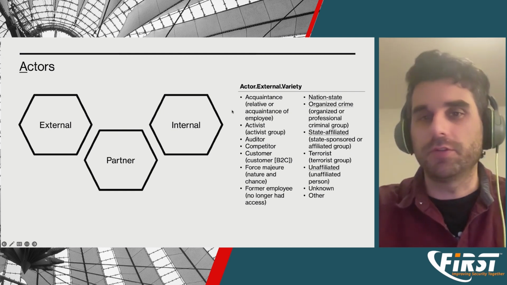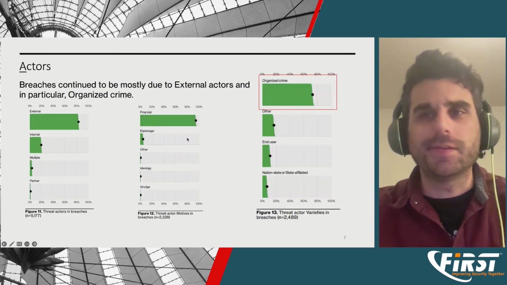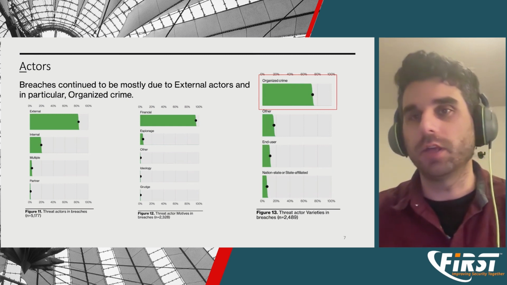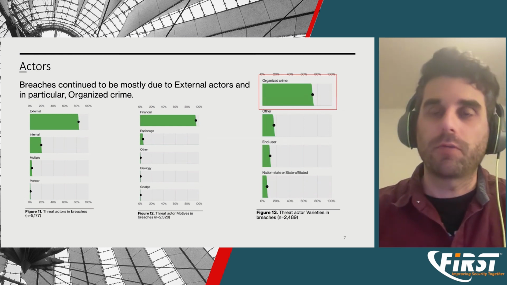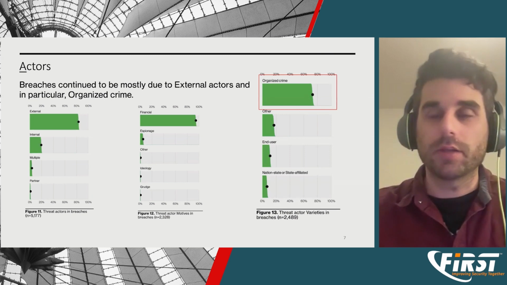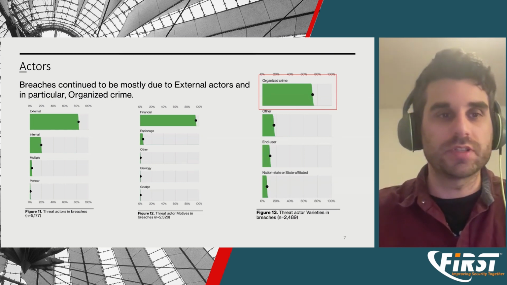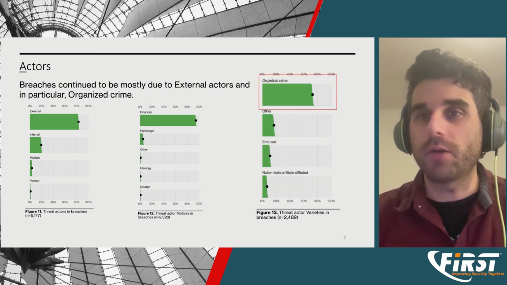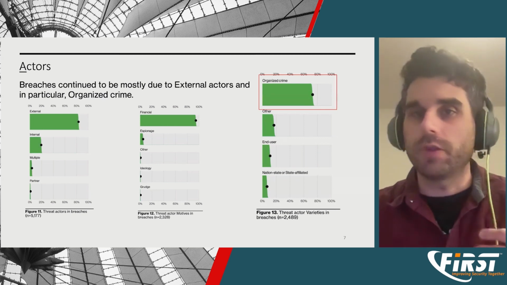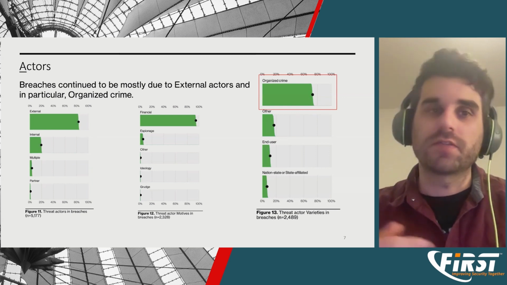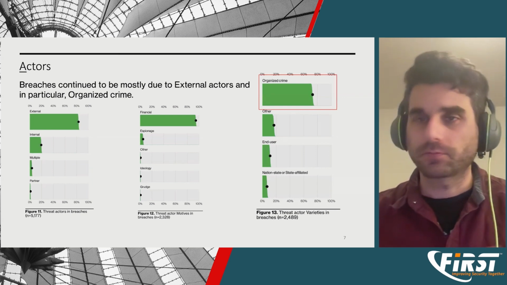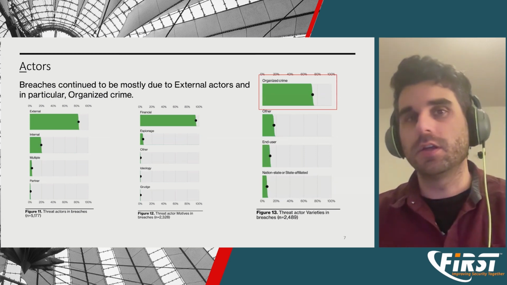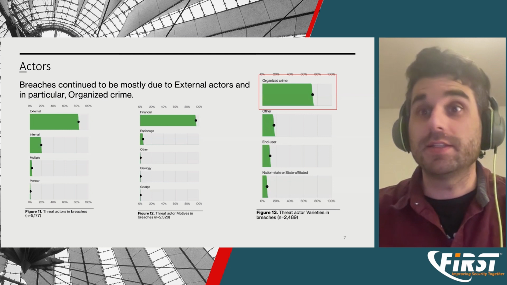But yeah, so this is just an example of some of the enumerations here, and this is just how we use it within the report. You can kind of see the different levels of granularity, right? So we can pull out from the higher level those classes, essentially how much is external versus internal or multiple. And then we can also start looking down at the more nuanced varieties, financial, organized crime. So the motives versus the organization, the entity type, right?